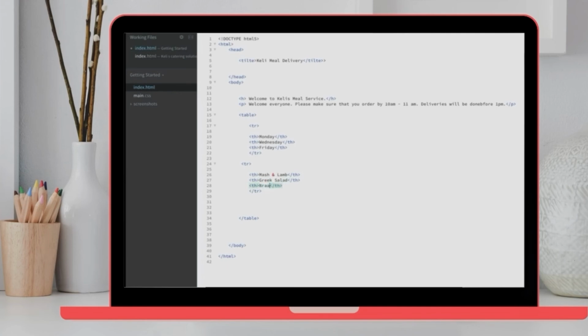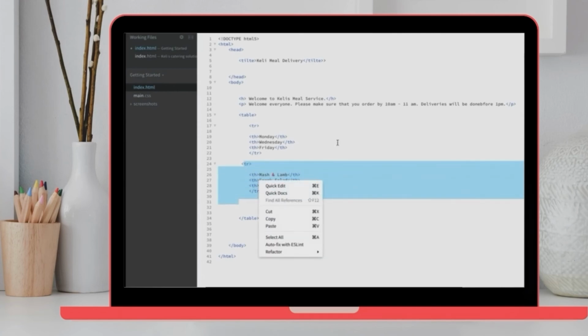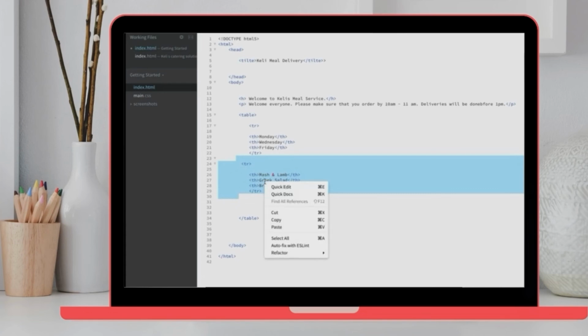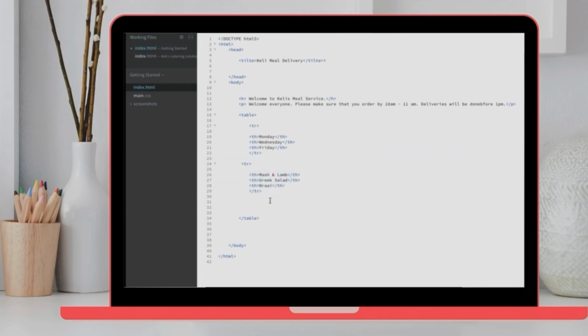All right, because I want to give two options to my clients, I'm going to create the last row, so that the people that don't want to eat mash and lamb on Mondays have a different option. So I'm just going to create a third row, and then I would have on Mondays mash and lamb, and I would have Greek and hake as well. On Tuesday, I am going to have oxtail with mash. And on Friday I would have the famous potato salad,